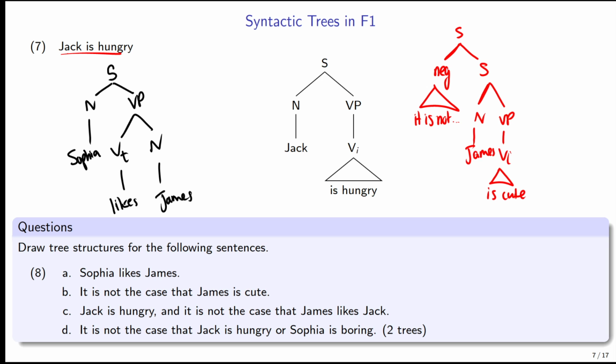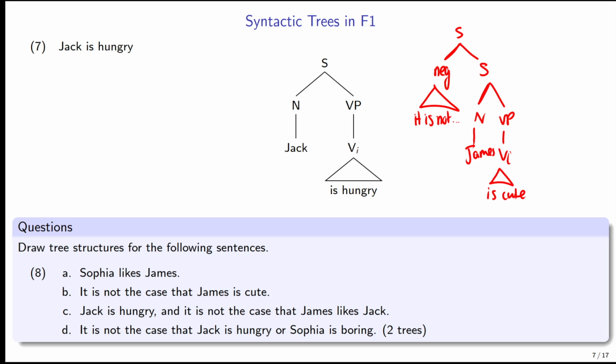At this point, I'm not going to fill in the words for nouns or intransitive verbs. I'm just going to write out the structure for C and D just to save some time. Because really, the words at this point aren't too important. It's just about getting the structure right. So C,